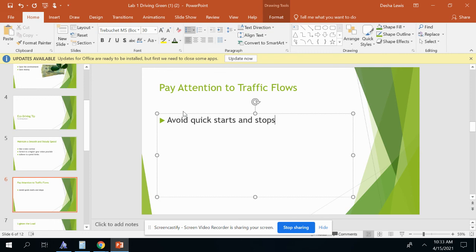Let's say that we want to add different levels to our bulleted list or do a multi-level list. We can push the enter key, and then you can either push the tab key on your keyboard, or you can push the increase list level button, and it'll create a level list so that you know that that topic relates to the one that's listed right above it. So you can do that, avoid quick starts and stops by, you can ease into accelerations,